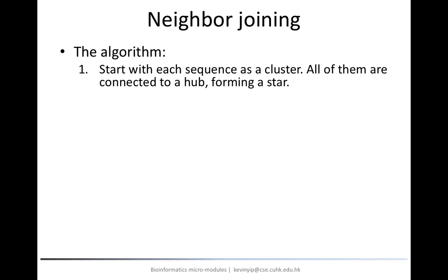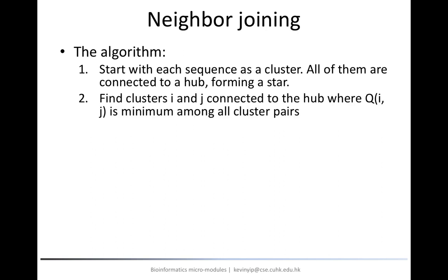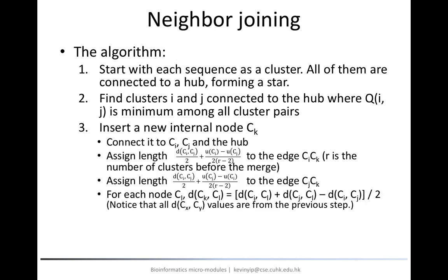After understanding the scoring function Q, we are now ready to discuss the whole neighbor joining algorithm. At the beginning, each sequence forms a cluster by itself, but unlike UPGMA, these clusters are all connected to a central node called a hub. Next, we compute the Q score for each pair of clusters and identify the pair with the most negative Q score to merge. Here, when we say merging two clusters, the way to do it is to form a new node that connects it to the merging clusters and to the hub.